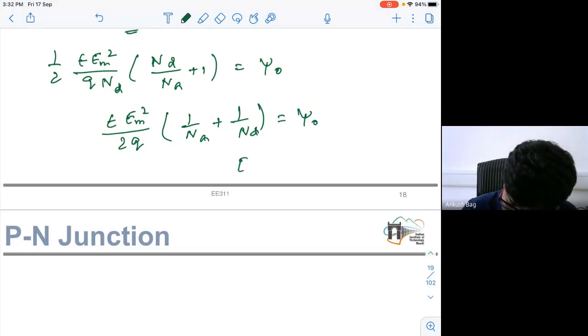So from here you can get this Em, or the maximum peak electric field,